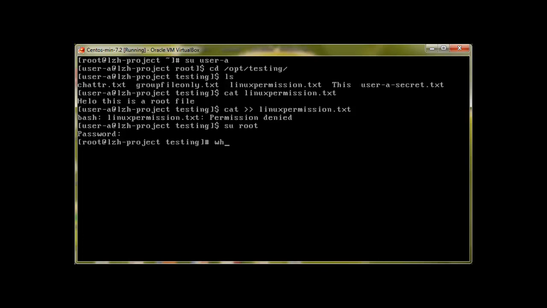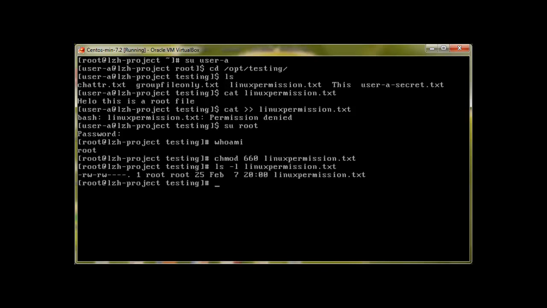As root, who am I? User root. To change the permission, I'll use chmod, change mode permissions. I want to change the permission to 666 or 660. We'll discuss these things in a minute. Press enter. This time if I just check this file with ls -l Linux permissions,